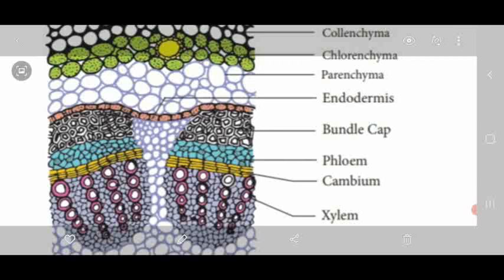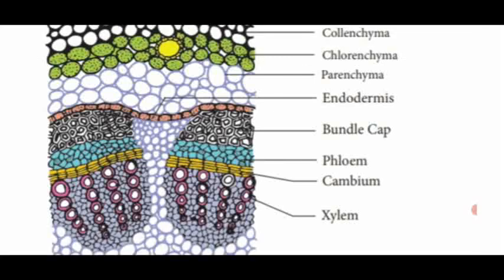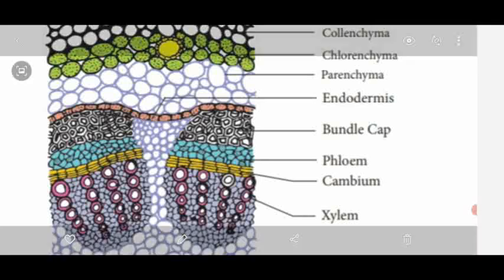Here the pericycle is multi-layered. See the diagram, the black color is said to be the pericycle. Normally the pericycle is parenchymatous, but here it is made up of sclerenchyma, and it is many layered, present outer to the phloem. The phloem is in blue color. Outer to the phloem, the many layered pericycle made up of sclerenchyma cells looks like a cap, which is said to be the bundle cap.